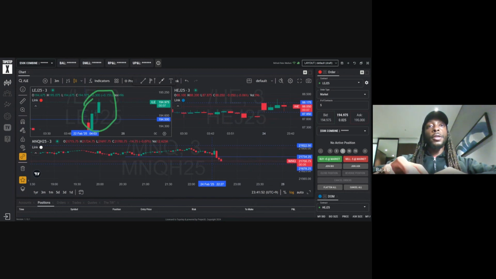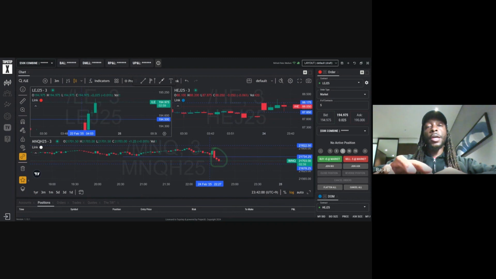So as you can see right here, this is my most favorable pair right now. Although this one is kind of countering the live cattle, as you can see. This is moving on up, really nice bull rally. I'm waiting for a pullback or a pause, and then I'll trigger in on the north side. Right here, I don't like the fact that it's kind of congesting right near the lows of the day. If the bears are really that strong, I need to see bears break daily lows and continue on down. And then